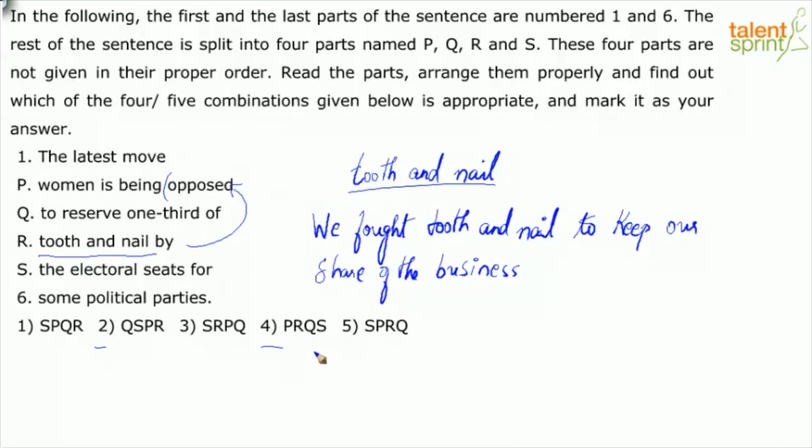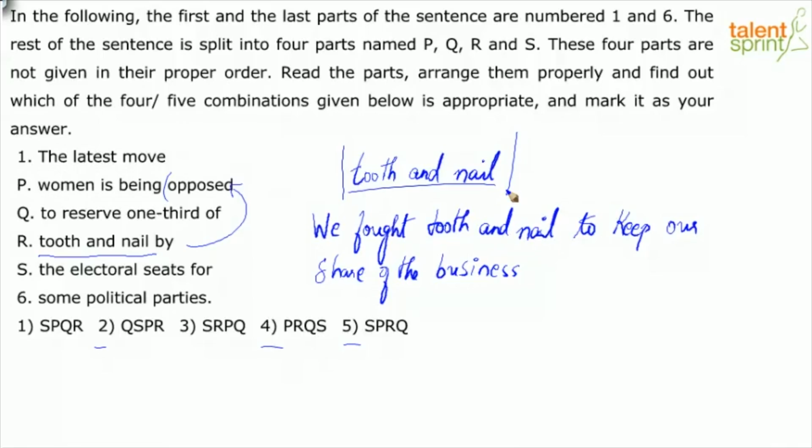Right? But otherwise also, in terms of logical sequence and connection, when you ask questions: the latest move to do what? To reserve 1/3 of what? The electoral seats for whom? Women, is being opposed. How is it opposed? Tooth and nail by some political parties. So what you've basically done is you've focused on the idiom tooth and nail, understanding that P has to follow